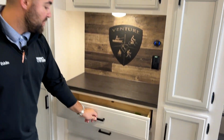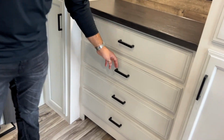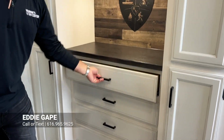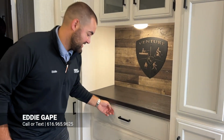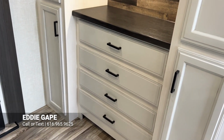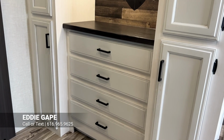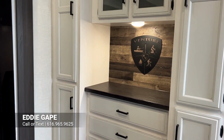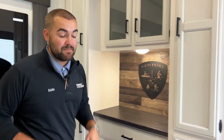And then you'll have a bunch of drawers underneath. A lot of times, what's a good spot to put your silverware? Oh, bang, right there, perfect. So going down, just a ton of kitchen space. You never can bring enough when you're going to the campsite, so I think it is just an awesome addition to put that there. But we are gonna start heading up towards the bathroom into the bedroom, and I'm really